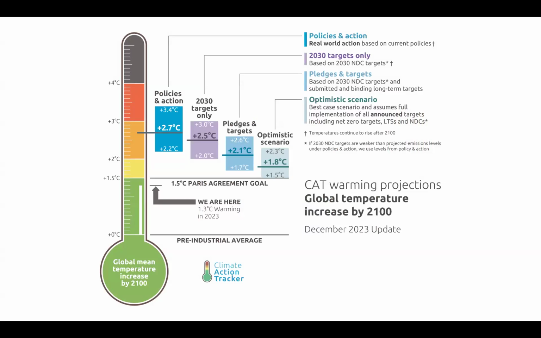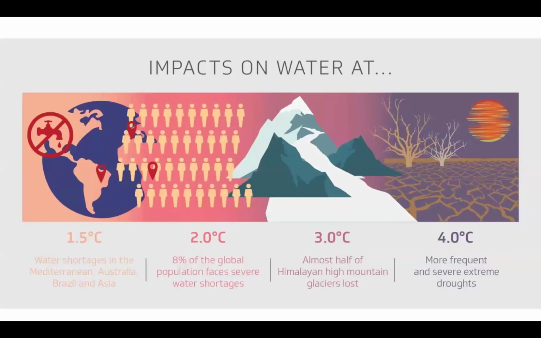With current policies, we are projected by the end of this century, which often doesn't feel that close, but then, and I'll talk about this in a bit, I'm reminded that I have cousins who have kids now, and they will be in their 80s in 2100. So this will affect people we know. We are projected to be somewhere between 2.2 and 3.4 degrees Celsius above pre-industrial levels. And since we're American, each degree Celsius is about 1.8 degrees Fahrenheit. Okay, so we're looking at 6 to 7 degrees higher.